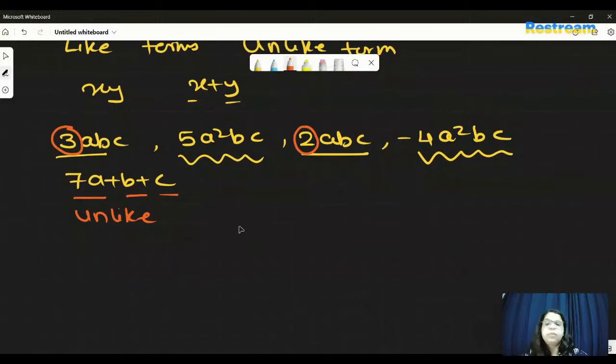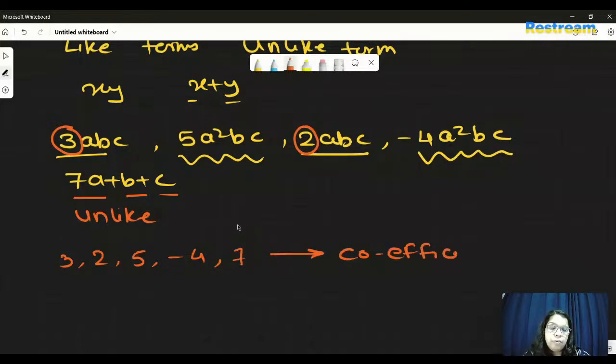Now we are going to see any number which is attached to the variables is called a coefficient. So in this case, 3, 2, 5, -4, 7, these are all coefficients, whereas A, B, C are variables. Now we don't consider the coefficients when we are considering the like terms. We only consider the